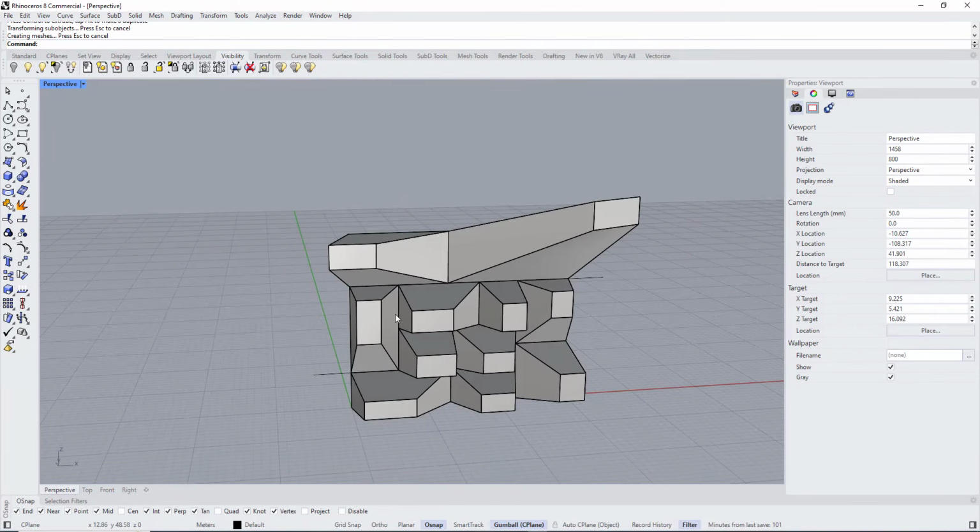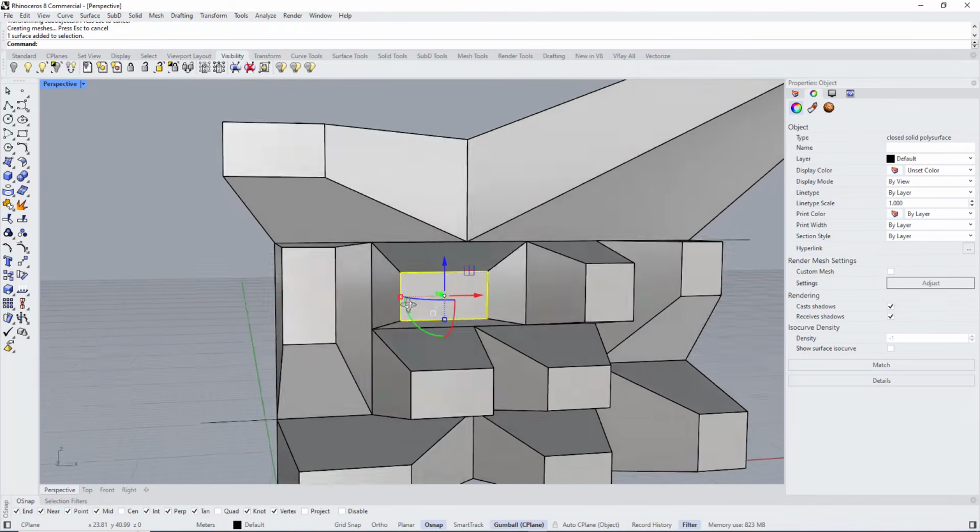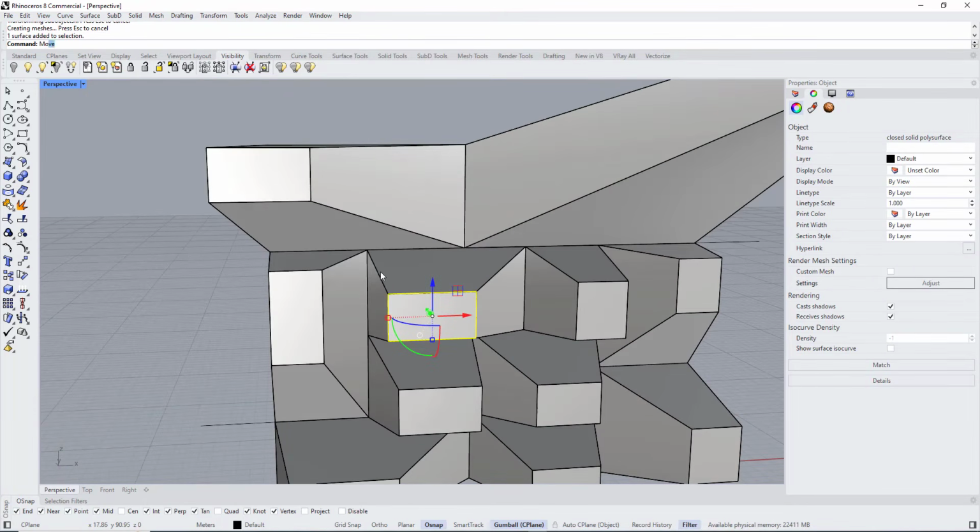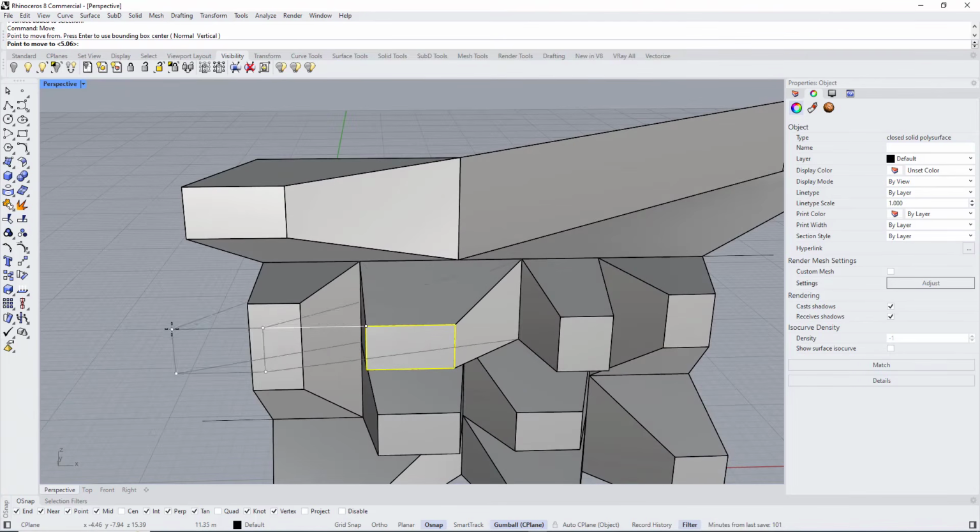And if we want to align this face to this edge, for example, we can type move, and we can keep moving it in this direction, and at the same time snap to this edge. So we can come here and type tab. As you can see, the movement has been fixed in this direction, and we can come here and snap